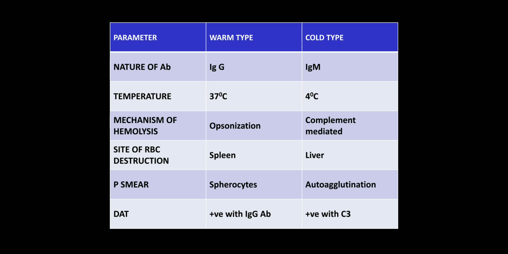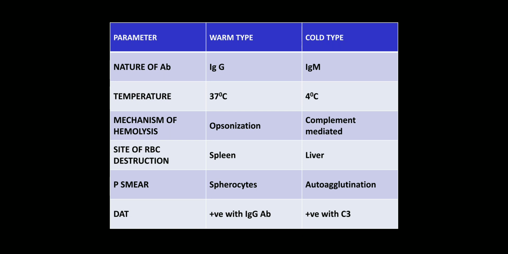That you will learn in your inflammation class. I think inflammation chapter is not taken for you. In your inflammation class, you will learn that opsonization is nothing but this IgG will bind to that Fc receptor of the macrophage. Okay, so here I told in the first or second slide that IgG is getting bound to the Fc receptor of the splenic macrophages. So that process is known as opsonization. Okay, we will learn that properly in the inflammation class.